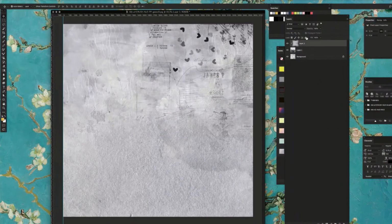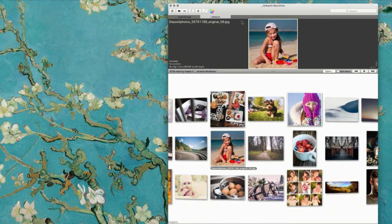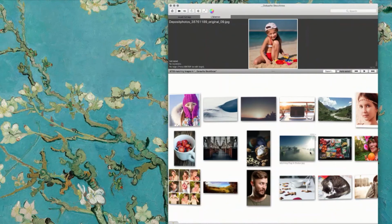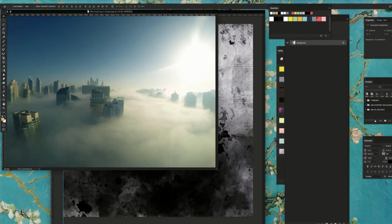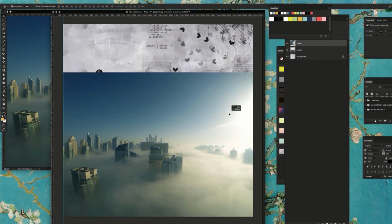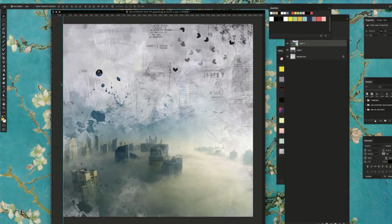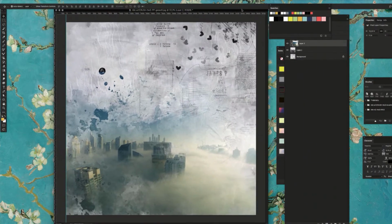But you can also use this blending mask, of course, with an image. Let's go to my drive and see what we have here. Maybe morning fog in Dubai. Copy, paste, place it on top, clipping mask. Look at it, beautiful. What else? It floats together now, so there are endless possibilities with those